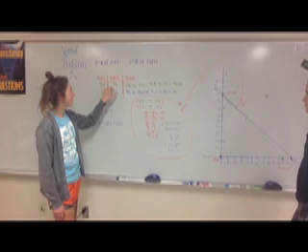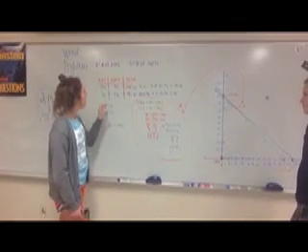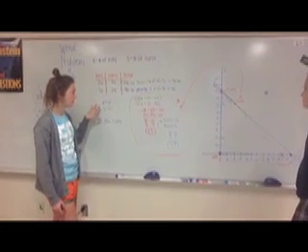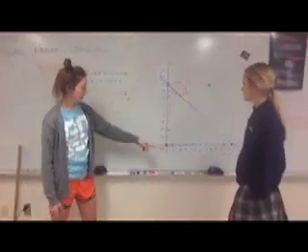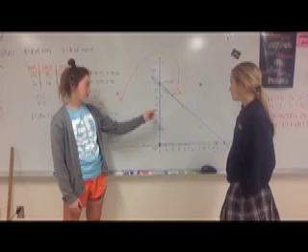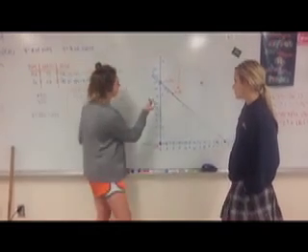If you plug in 0 here, 0 is less than or equal to 140, so yes, it's true, so you should shade toward 0. Same with this one. And then for these ones, you would plug in like 1 or something. So we plug in 1 here, and it's true, so we shade towards 1, and then here we plug in 1, it's true, we shade towards 1, and our shading would be